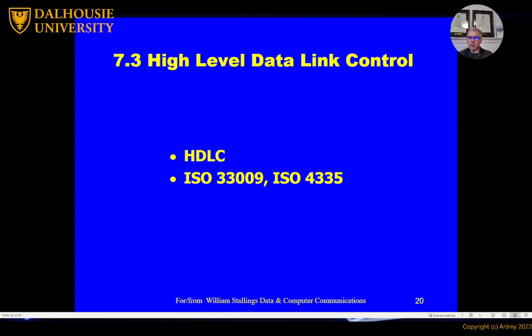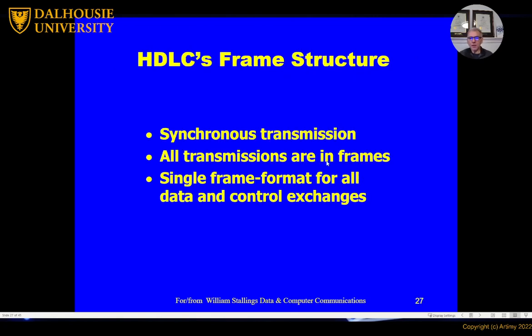So HDLC is good for study because it has all the techniques that we studied: the stop and wait, the CRC, the error detection, the selective reject. All of these can be used in HDLC. Before I continue, HDLC was used for synchronous transmission, as opposed to asynchronous. I think we talked about asynchronous in another lecture, but synchronous transmission means that we are sending a frame